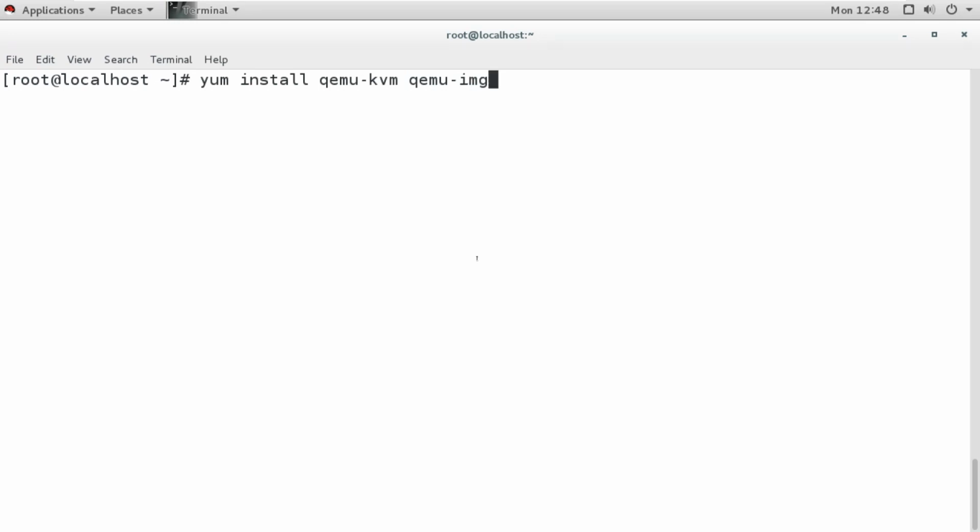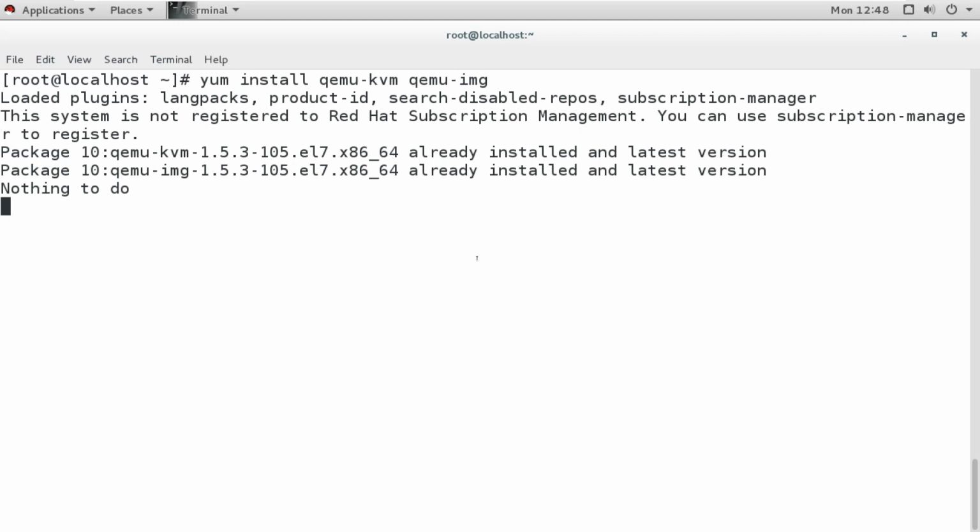Now these are sometimes already there, like already installed. Mostly it is installed because we have selected lots of packages at the time of installation. Otherwise we have to install it. This is for our KVM and images.